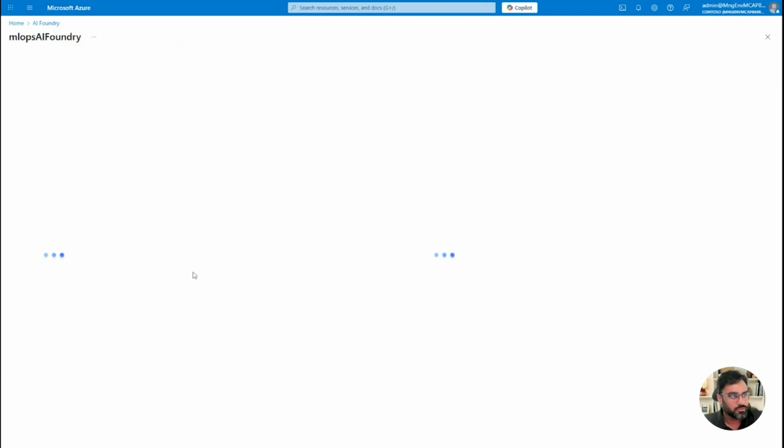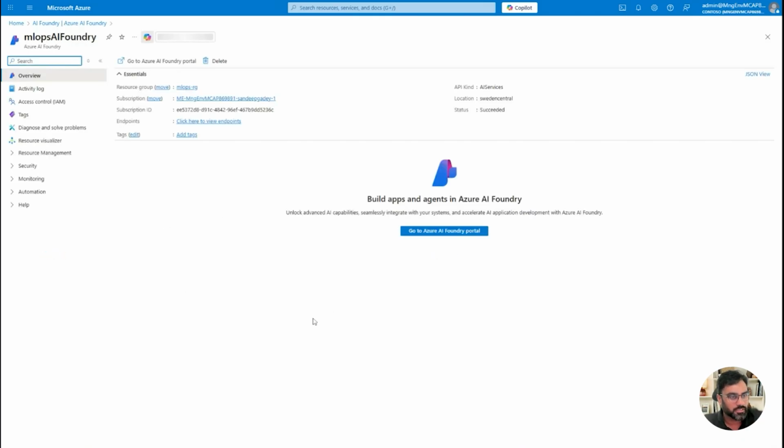If I go into this Foundry project, right, you have to navigate to the Azure AI Foundry portal, which is a separate portal that has all the detailed AI capabilities that you can see here, right? Deploying the AI Foundry project is free. You will not be charged anything, right? And you can use all these governance capabilities for free, right? You will not be charged for anything.